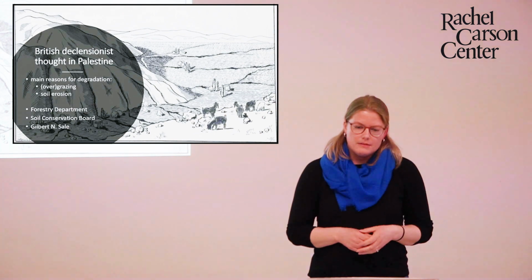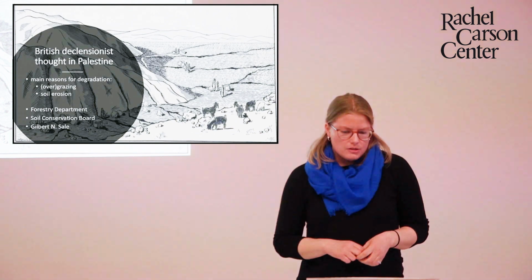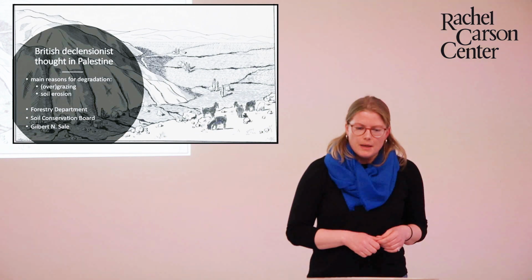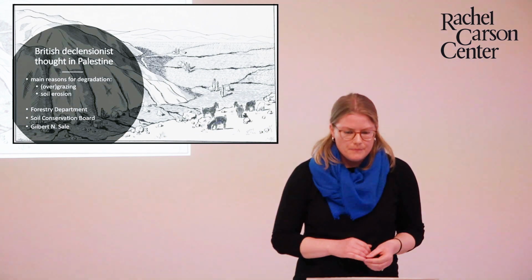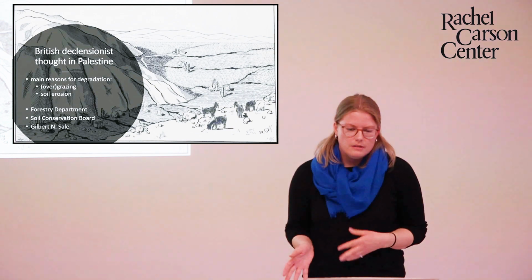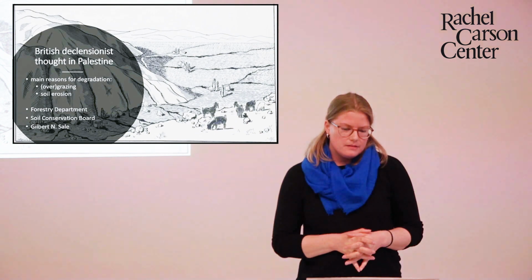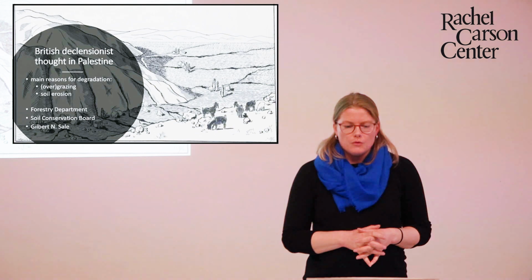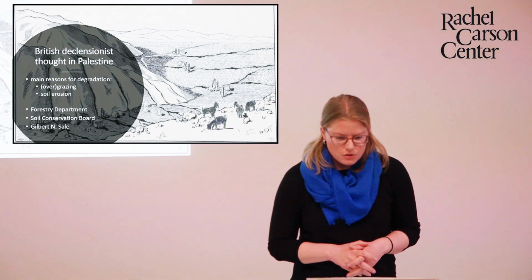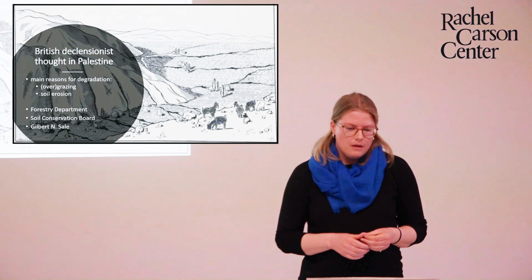British understanding of the Palestinian environment was highly influenced by so-called Declensionist thought. Declensionist narratives understand the environments in question as having consistently deteriorated and being in danger of further deterioration. Simplified, the main claim in this narrative is that the environments in question have turned from forests into deserts. In the Palestinian case, this supposed decline of the environment was mostly related to an assumed ongoing deforestation, soil erosion, and the always feared advance of the desert that would make Palestine even less fertile than the British assumed it